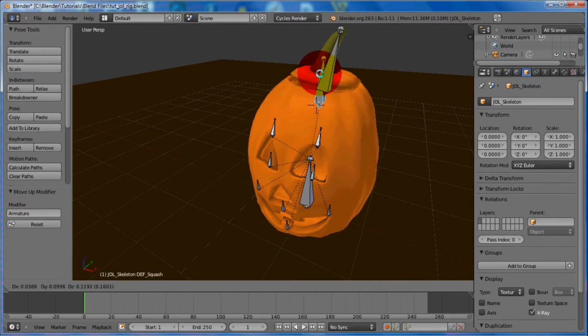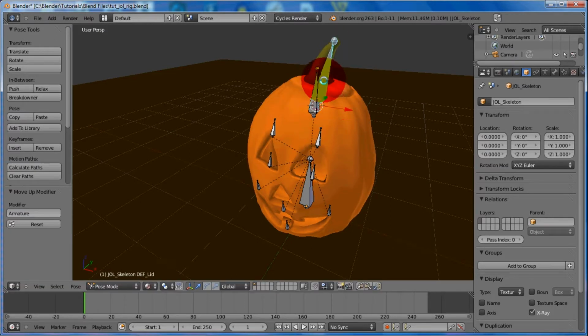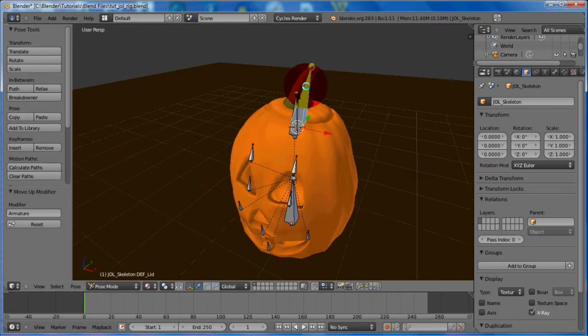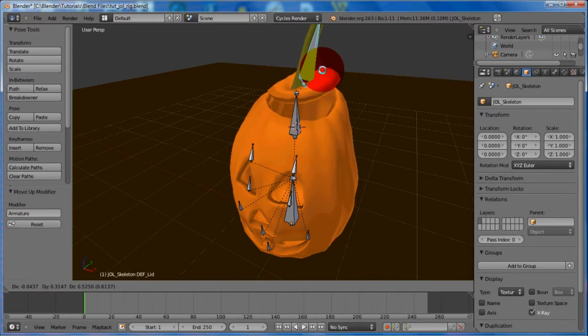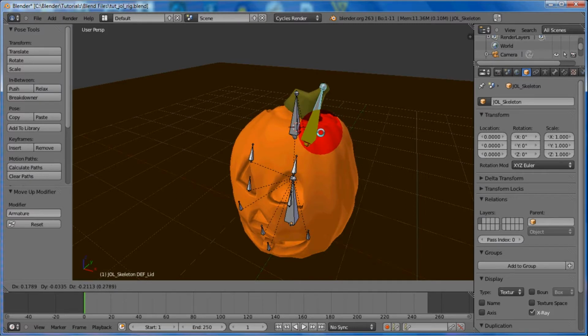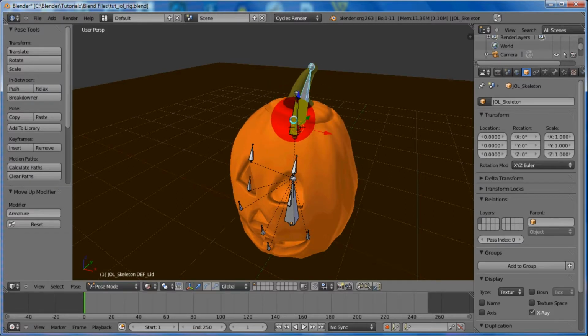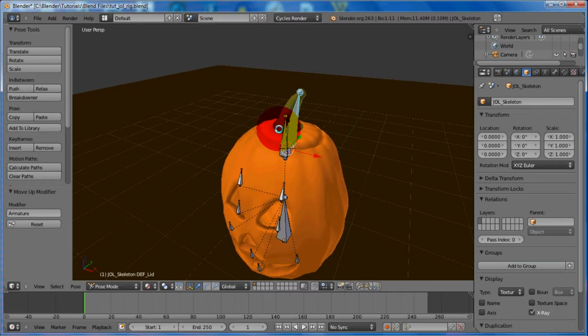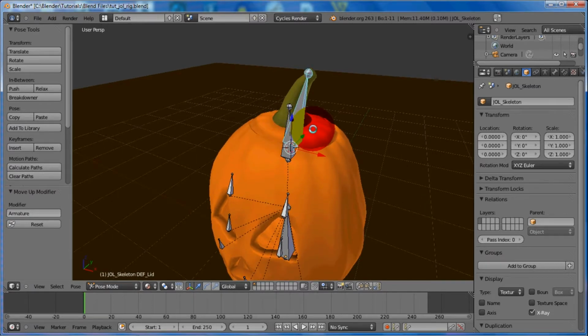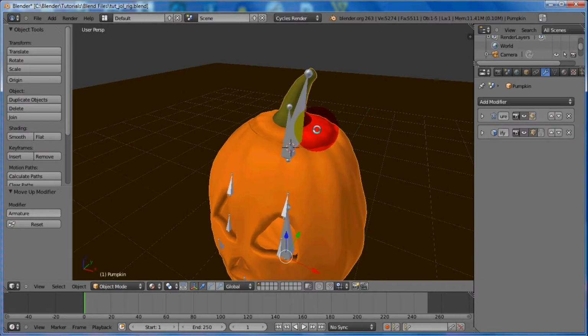Okay, the squash, it's alright, but it's this lid here. What I'd like this bone to do is get the lid to move entirely independently. But right now it's not happening because it's actually stretching part of the shell of the pumpkin here. And so what we're going to do is go into our edit mode with the pumpkin, tab here,